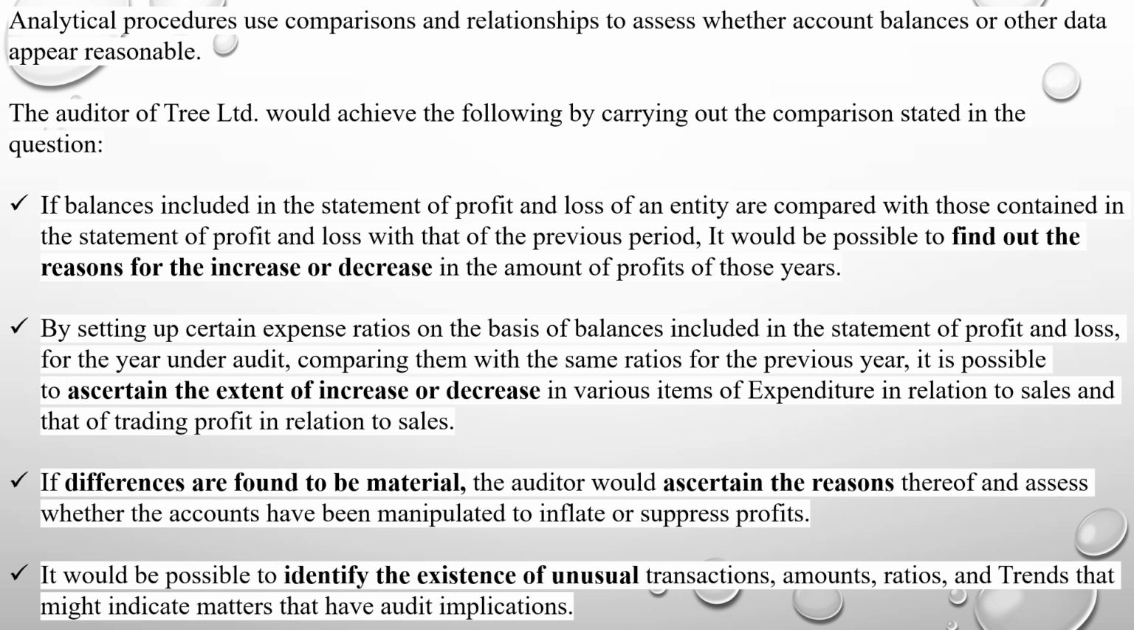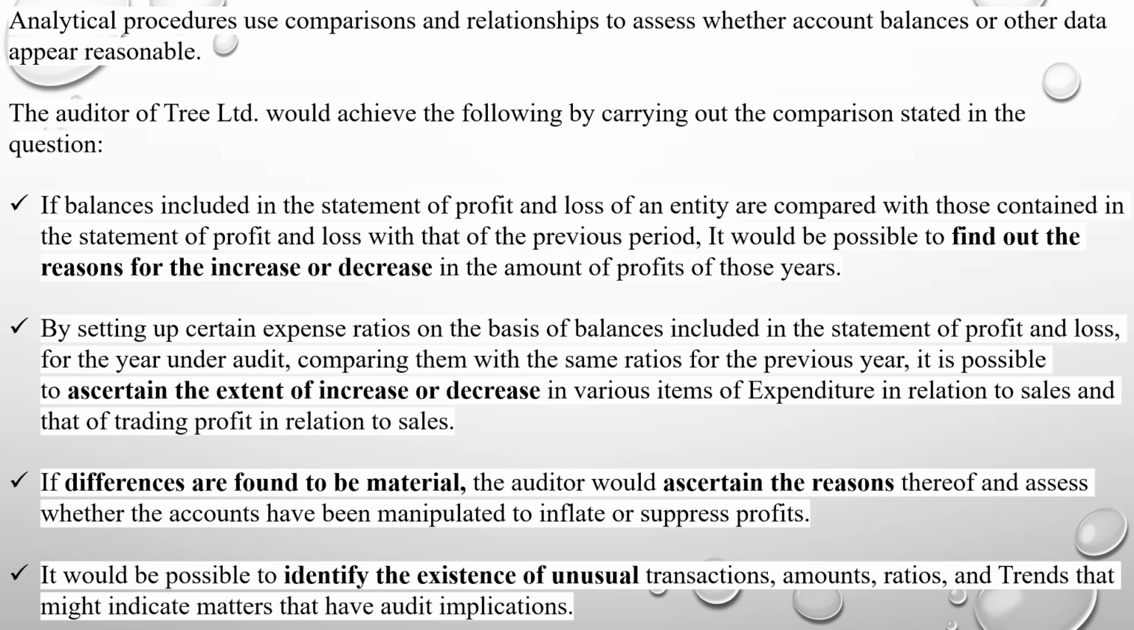find out the reasons for increase or decrease in the amount of profits of those years. Comparing them with same ratios for the previous year, it is possible to ascertain the extent of increase or decrease in various items of expenditure in relation to sales and that of trading profit in relation to sales. If any difference found to be material, the auditor would ascertain the reasons thereof and assess whether the accounts have been manipulated to inflate or suppress profits. It would be possible to identify the existence of unusual transactions, amounts, ratios, and trends that might indicate matters that